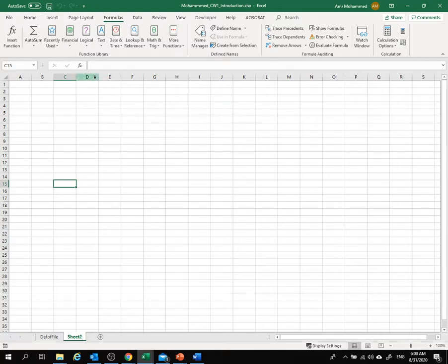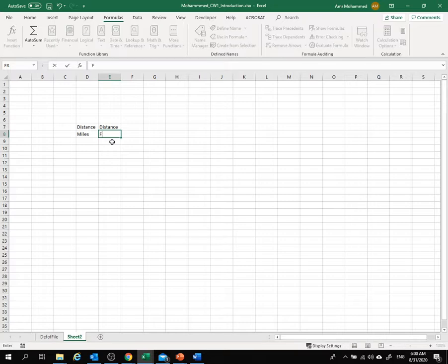So first of all, let me just do a very fast table here, and then let's put the function. So let's say we want to again calculate the speed of cars. So speed is very simple. Speed is distance divided by time. So let's put here the distance, and let's put our distance in miles, and let's use also our distance, and your distance is in, you want to put this in feet,